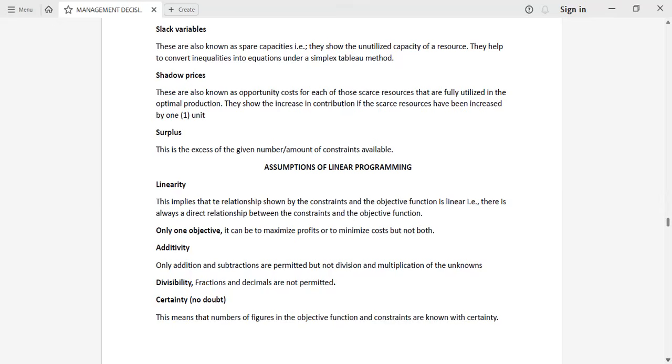Therefore, maybe we talk about the materials that we are going to use, materials and labor, because even if you have materials, there is no way you are going to use those materials if you don't have employees who are going to work on those materials. So we see that both materials and labor have a direct relationship,